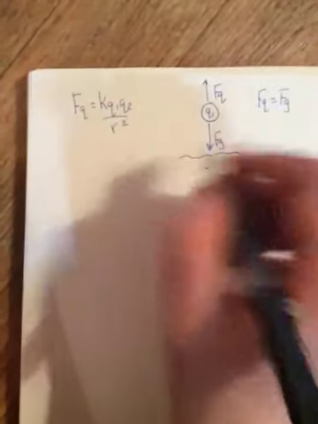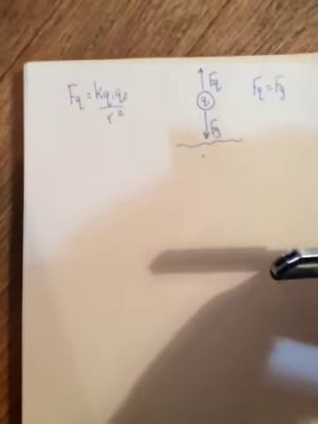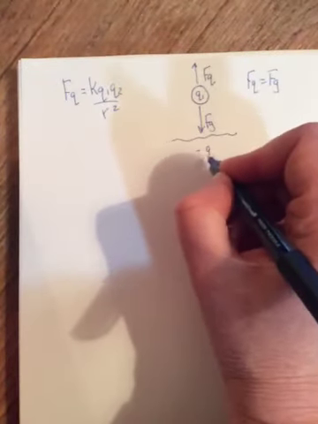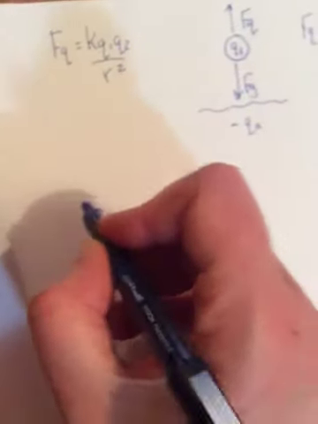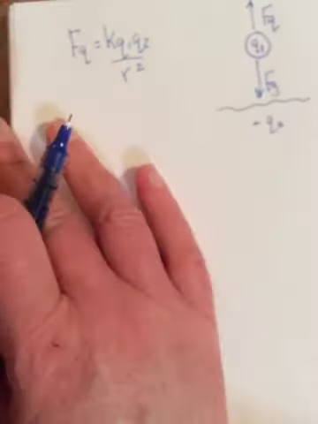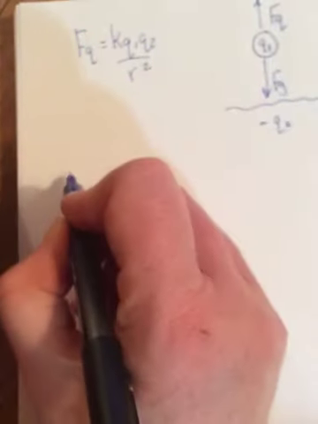Another option is that you might have more than just two charges. You might have, and this is example 2 on the back of that sheet if you printed it out. Okay, so example 2